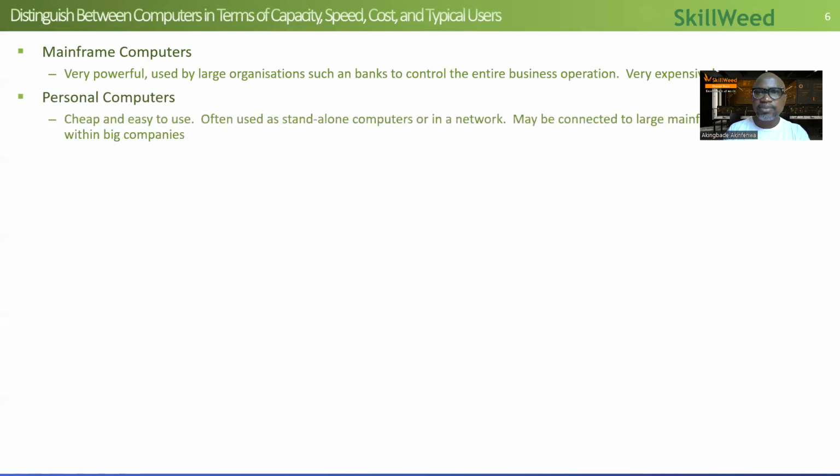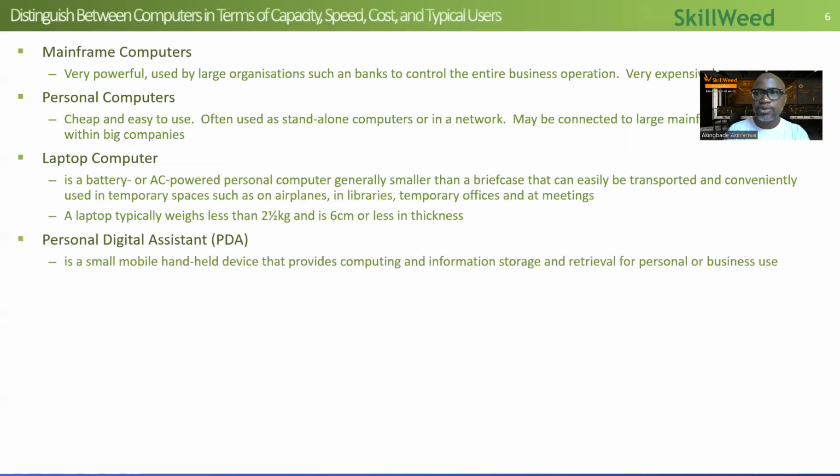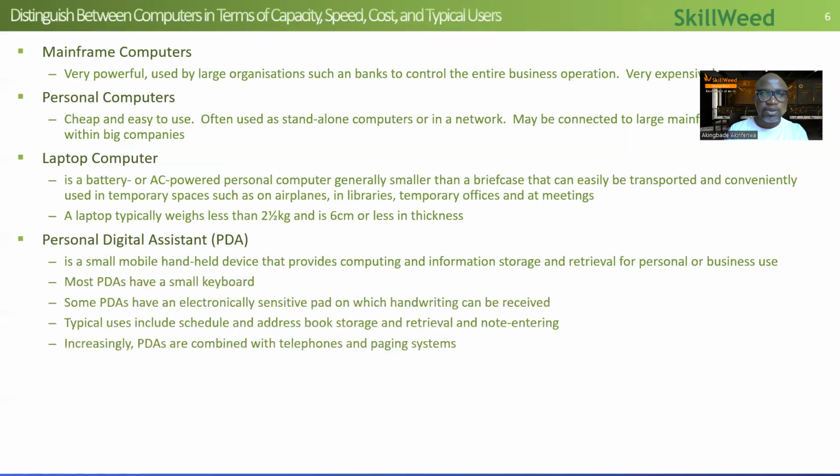Again, I'll skip a few things there. Personal computers, we all know that right now. We're all using it on our phone, laptop. Probably all of us have a laptop, or our kids do. I'll skip that. Those are things we know. PDA, most people don't use PDAs now, but it was popular back then. Personal digital assistant, just a small device people used around. Your phone is pretty much a PDA, so to speak, at the moment right now. So I'll skip that too.